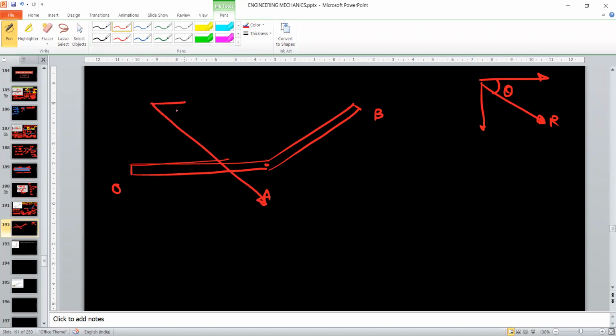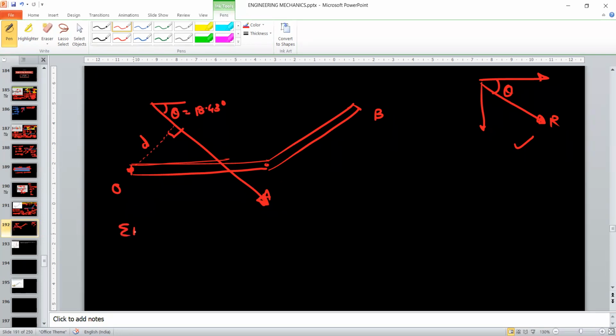Okay, so we should draw this vector which is parallel to this diagram. And this angle theta is the same angle, which is 18.43 degrees. Now the next step is, from point O, just draw the perpendicular like this, so we will get the perpendicular distance D. And then you can use Varignon's theorem.